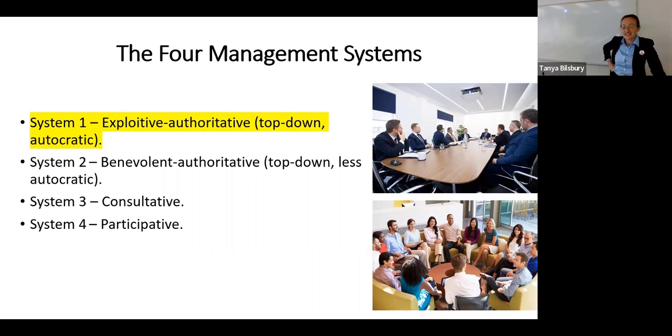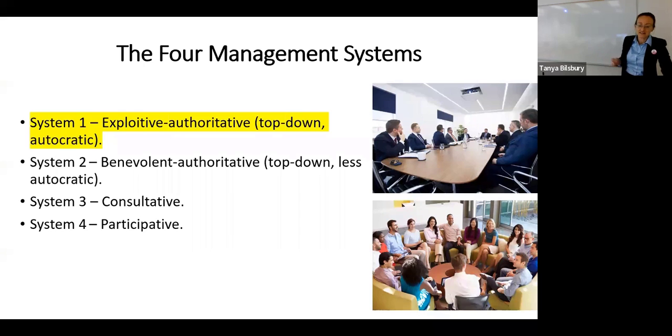sorry, I'm tired, top-down autocratic leadership style. And the idea that it's exploitative suggests that this is a narcissistic culture. So that sounds like probably not the organization that I'd want to work for. But authoritative, even autocratic systems can work when the leader cares and isn't being ruthlessly cutthroat and exploitative. And I would argue that there are some contexts where that works the best.